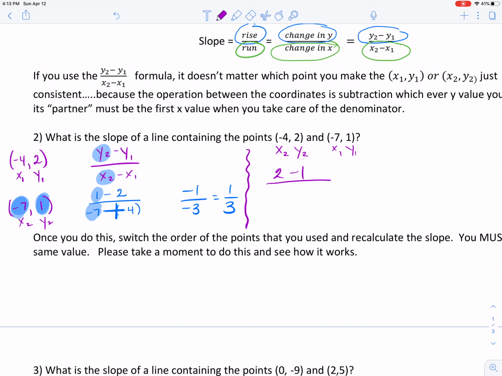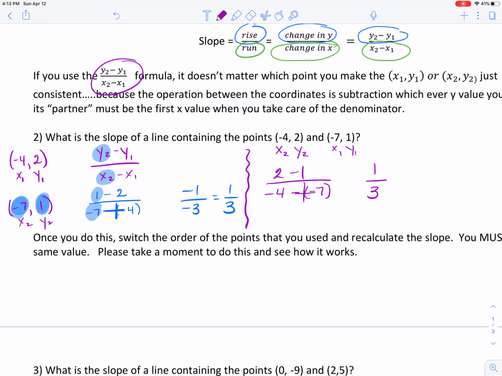On the bottom, x2 minus x1, same formula, is now -4 minus, and then the negative coordinate is going to have a double minus in front of it. So I could just make it plus if I'd like. That gives me a +1 on top, -4 plus 7 is 3 on bottom, and we get the same answer. It doesn't matter,